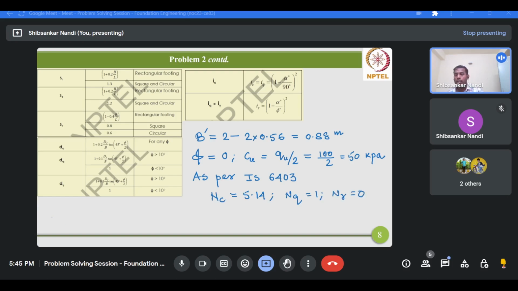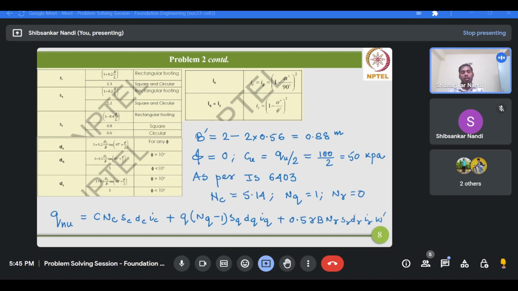And what is the bearing capacity equation? The net ultimate bearing capacity. IS 6403 directly gives the net ultimate bearing capacity. So it will be c Nc Sc Dc Ic plus (Nq minus 1) Sq Dq Iq plus 0.5 gamma B N gamma S gamma D gamma I gamma, and the